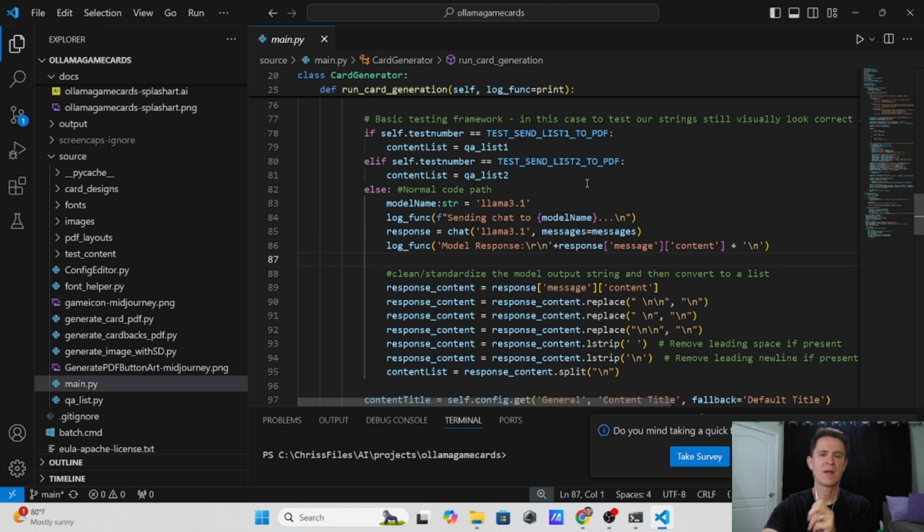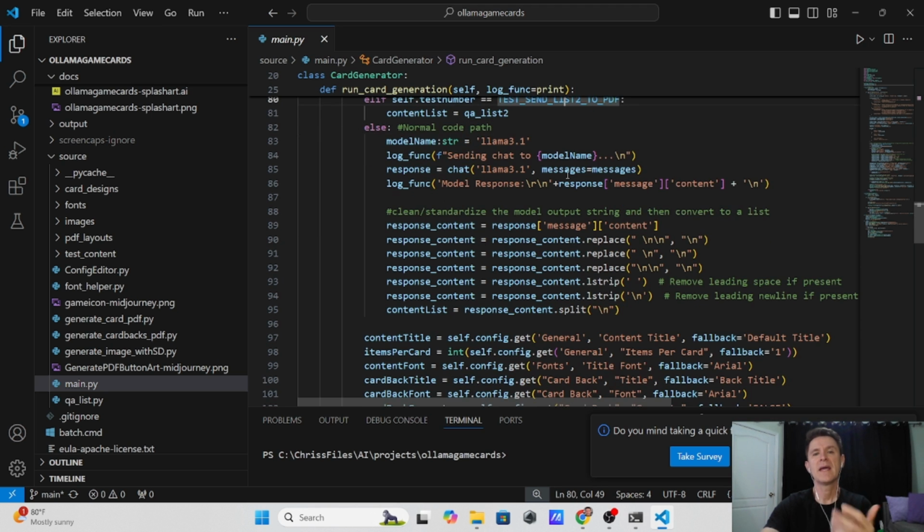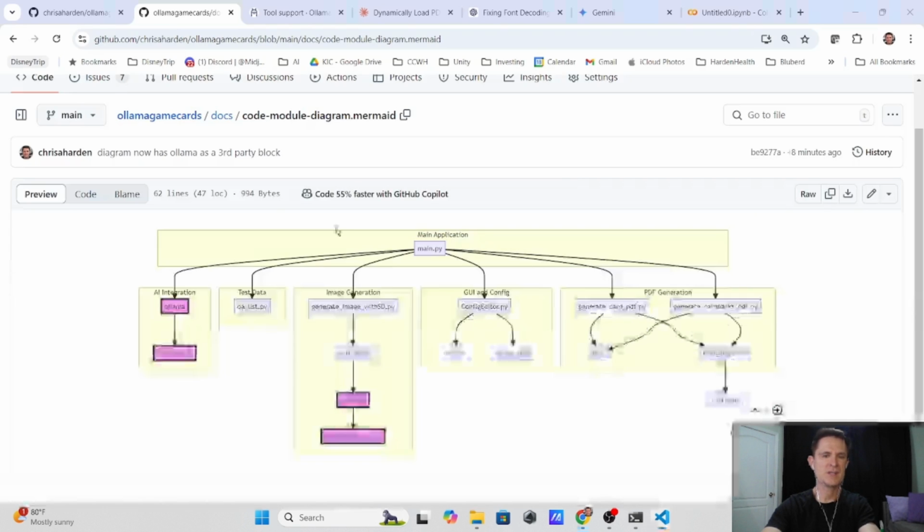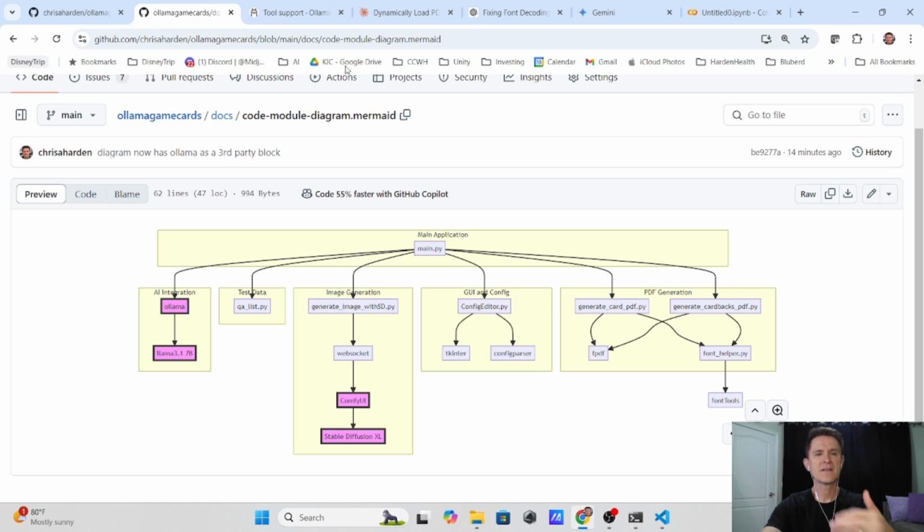And there's instructions in the README file on how to use these test arrays. Anyhow, so that is some of the challenges with using a model like Llama 3.1. Now let's talk about the